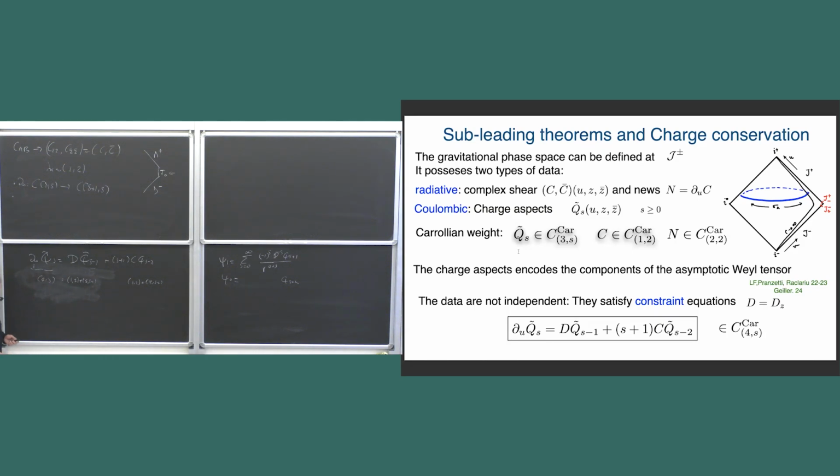Yeah, you need to use a little bit of some Carollean magic. So what you're saying is that, for up to spin 2, there's just the Carollean component. So let's say at spin 3, you would have an object which is psi 0, 1, the first subleading coefficient, which is d bar of Q2, okay? And so you need to show that this object is Carollean 3, and this object is 3, 2, and this object is weight 2, 1.